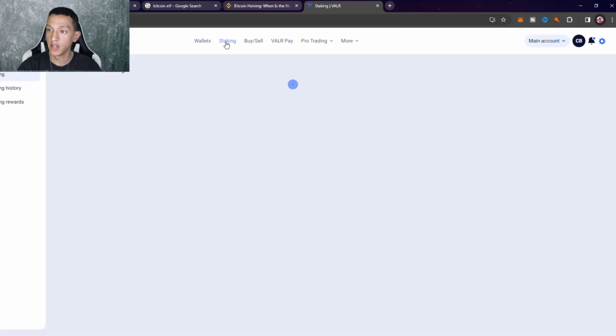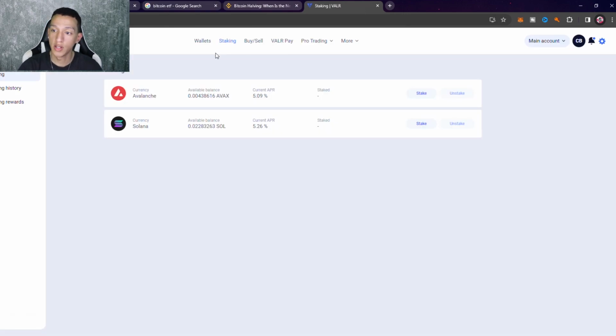So if we go back to staking, I'm not going to go too in depth with staking. Like I mentioned, staking is just a form of you earning passive returns in cryptocurrency for the specific cryptocurrency you are trying to stake. So currently VALR only offers 2, which is Solana, and I don't know how to pronounce this one, which is AVAX, which currently has an annual return of 5% and 5.2%. So you'll get this much on this cryptocurrency per year if you stake this. You can obviously read more up on this, but this is just going in brief.